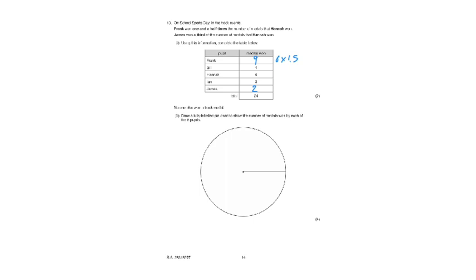10, 15, 24. Good. No one else won a track medal. Draw a fully labelled pie chart, show the number of medals won by each of the 5 pupils. So, there are 24 medals. So each medal, this is the key bit of working, each medal is your 360 degrees divided by the total number of people, so in this case 24, which is 15. So each medal is 15 degrees, which means that each person, so this one,